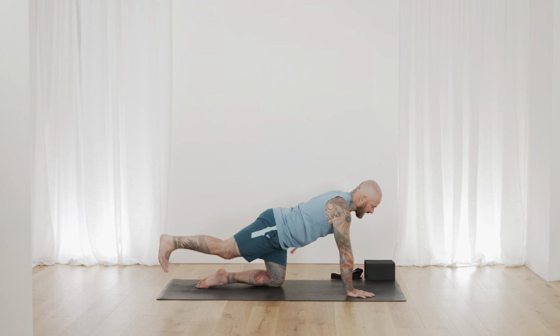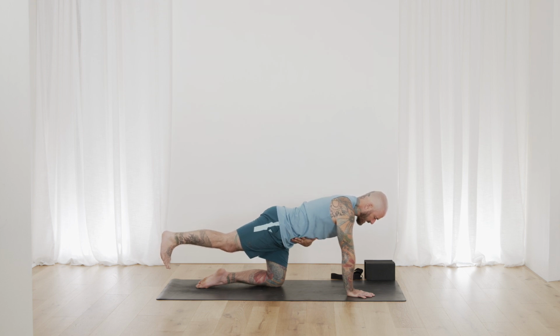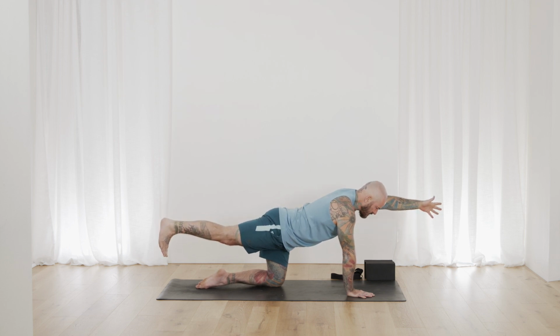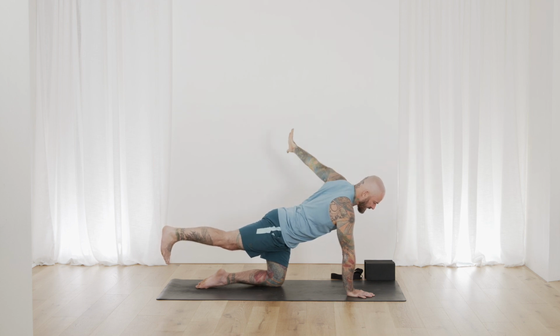Take your left hand flat into your lower back. This time the palm can face up, and I want you to feel that your lower back is like a table. Now take your right hand to your belly, remind it to zip up. Now just extend your right arm forwards for a moment, find a long line. Now start to circle that left arm up and back and bring your left hand flat into your lower back